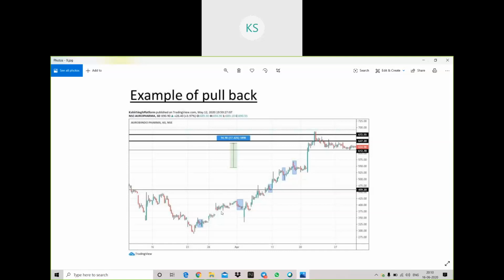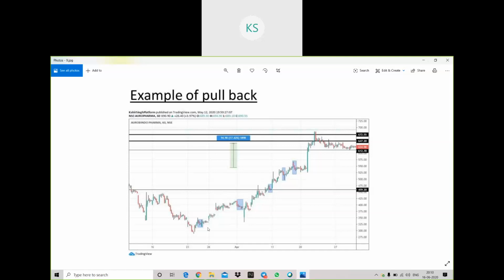So it is advised that if the main trend is in upward direction, you wait for the stock to come back into its main trend. For example, here it was in pullback, so I will not enter here. I will wait for a good candle to form. Here there was one good candle, so above the high of that I will enter with a small SL at the low. I'll repeat this part on the charts when we go to the charts.